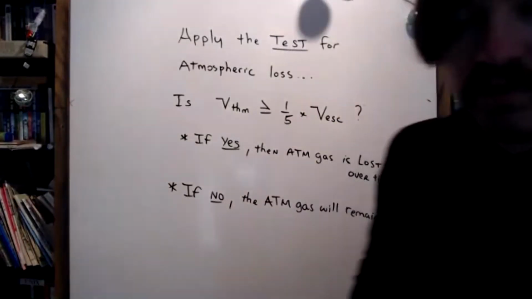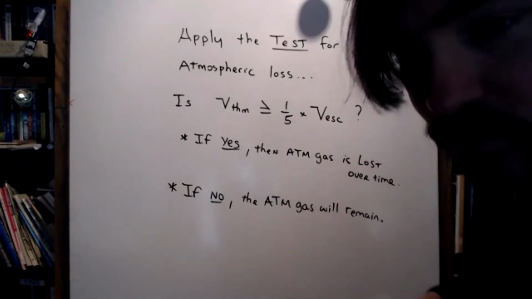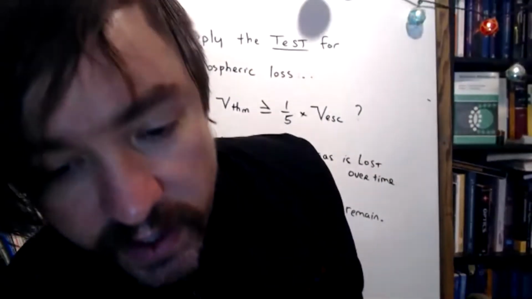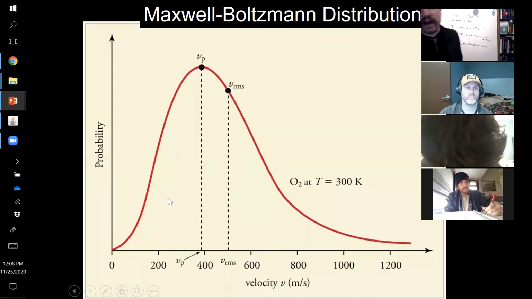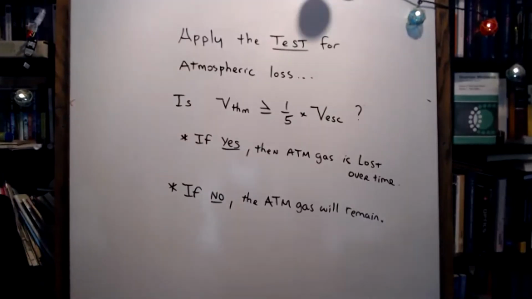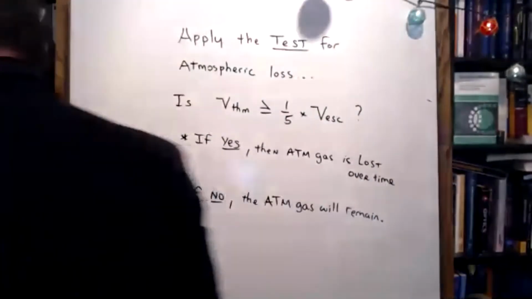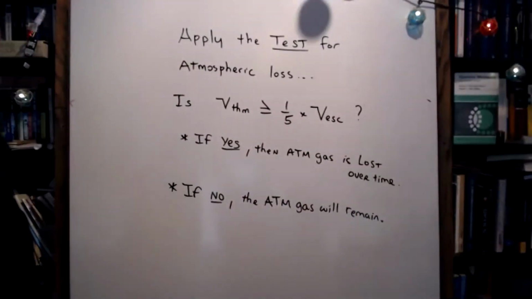I'd imagine that if I was a student learning this for the first time, it might be a little overwhelming, and the best way to deal with it is to just try a sample problem. The sample problem we're going to do is the one I showed you in the slideshow: an oxygen molecule in the atmosphere of Earth. Let me know when you have this down so I can proceed. All right, I'm going to erase now.